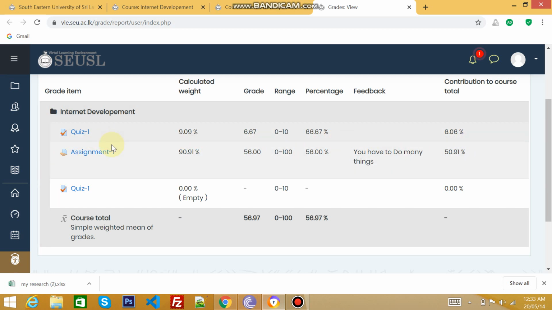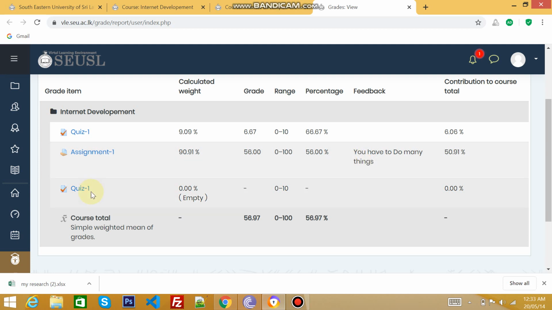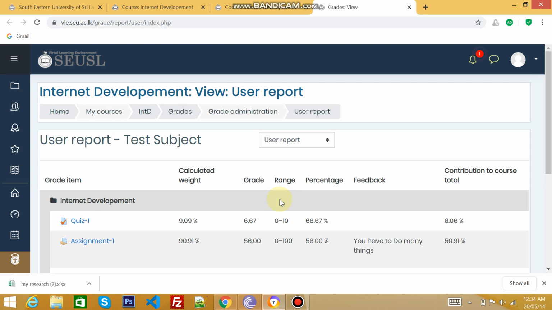And this is the assignment result that is already corrected by your lecturer. If you resubmit, sometimes he may correct it again. You will have a different result only if he accepted your resubmission. And this quiz I didn't submit, I didn't sit for this quiz, therefore it is saying 0 points. And finally, this is the overall grade for the subject internet development.